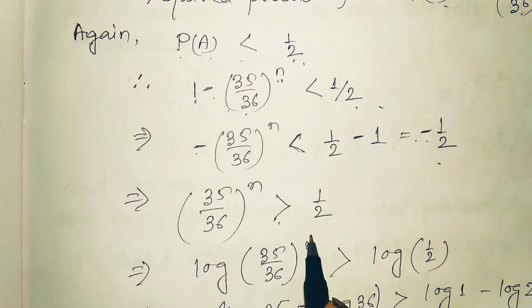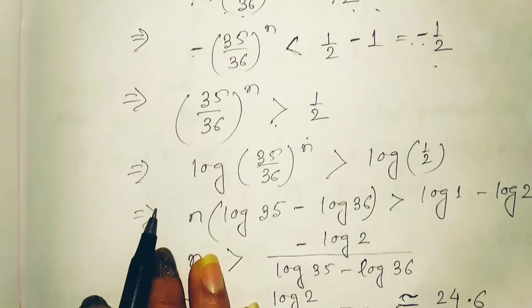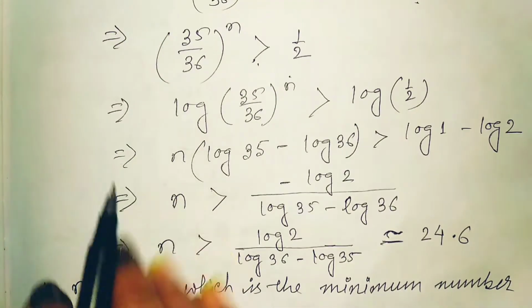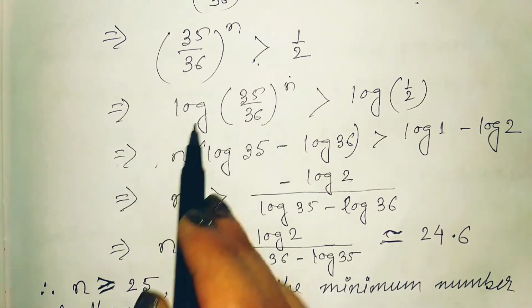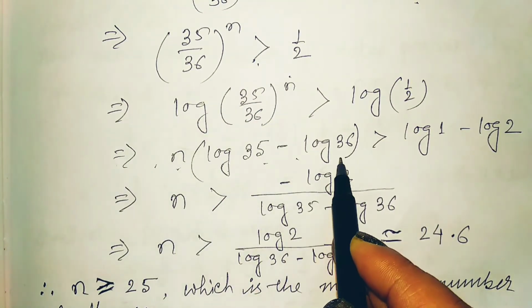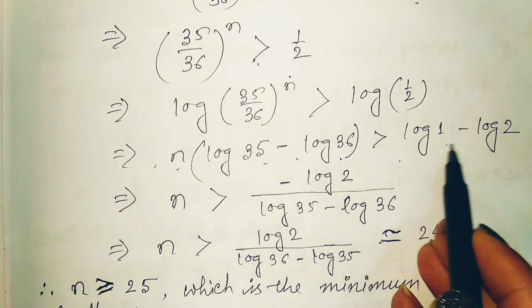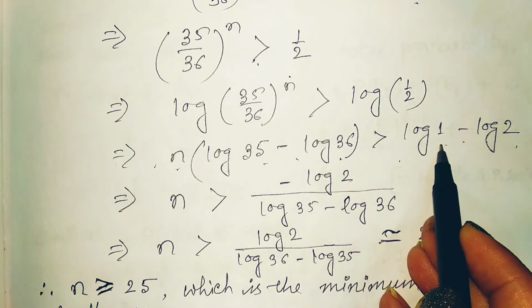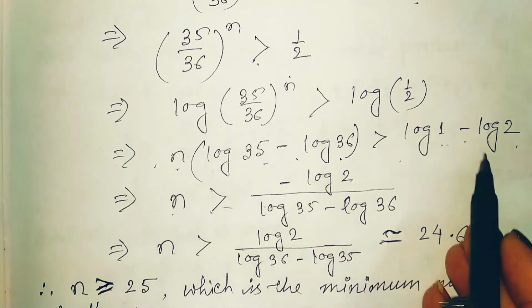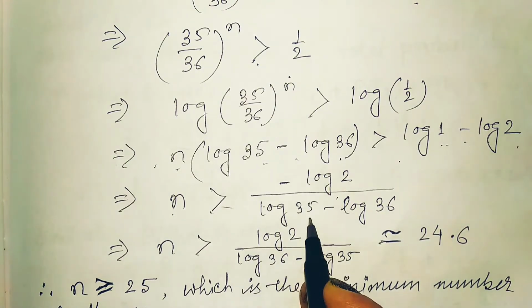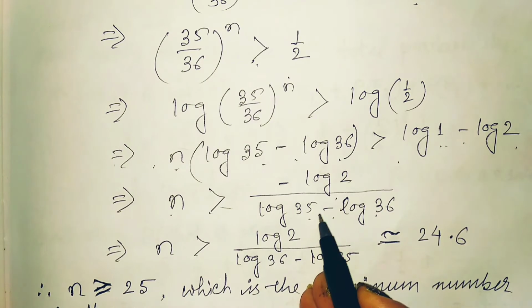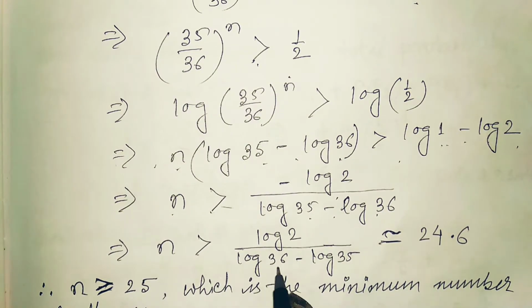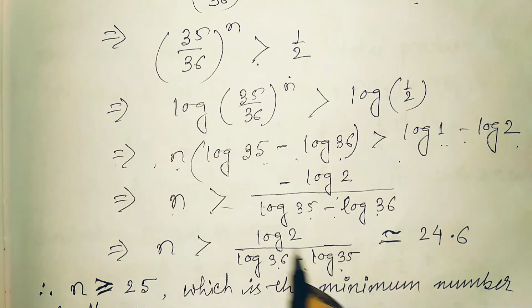Now we take the log on both sides. After taking log on both sides, the n we will take out. So n into (log 35 minus log 36) is less than, here it is log 1 minus log 2. Log 1 is 0, we know, so n should be greater than minus of log 2 divided by (log 35 minus log 36). That minus we can adjust and we will write log 2 divided by (log 36 minus log 35),